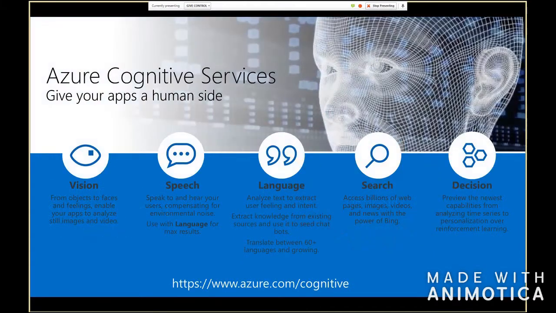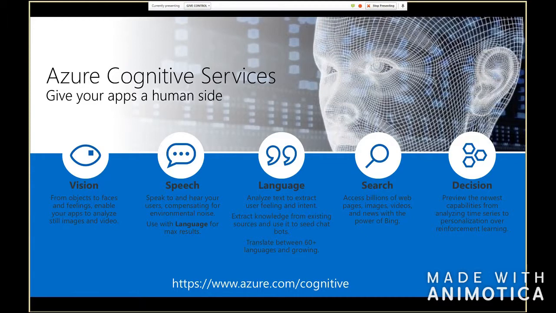What is the Content Moderator? It's one of the Azure Cognitive Services available for you to infuse, to embed AI into your application. So you can start to do AI, to create an AI application today. You don't need to be a data scientist to use AI. To create an AI, okay, but to use AI, you don't need to be a data scientist, and that's why Microsoft has this Azure Cognitive Service.